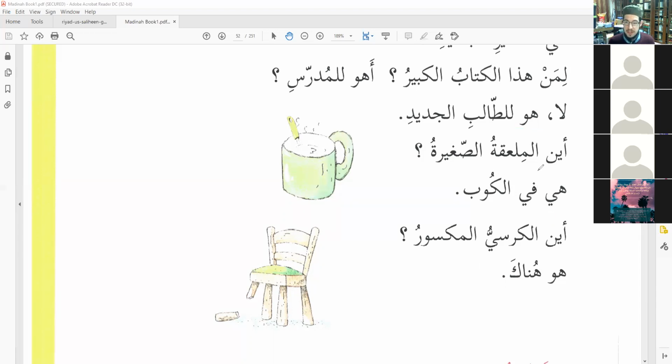Okay, now the tricky questions. أين الملعقة الصغيرة؟ What type of sentence? Where's the mubtada and khabar? Yeah, جملة اسمية. It's جملة اسمية, and the مبتدا is ملعقة صغيرة. Very good. And the khabar is أين. See, this makes sense because what are we talking about? The subject is the small spoon. What do we want to know about the small spoon? The information, the predicate of the subject, is where it is, right?